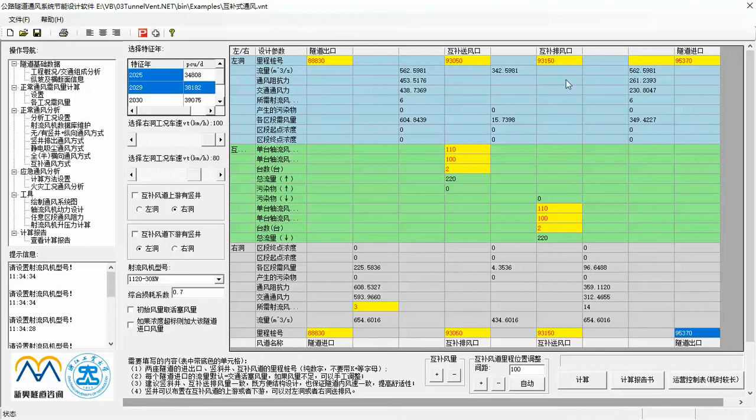This one, and this one. And as well as complementary air volumes. This one. Besides that, you need to designate which future year,